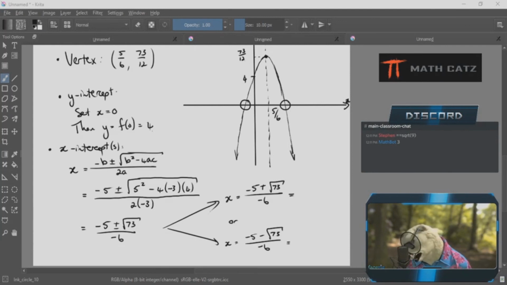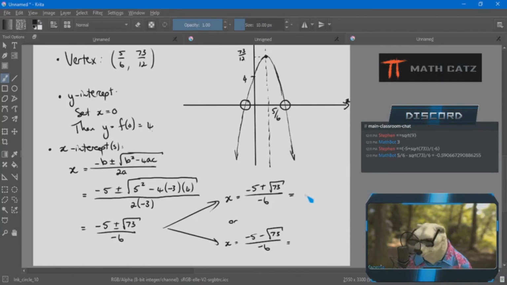It's going to be brackets now, right? Negative 5 plus square root of 73, bracket, divided by bracket, negative 6, bracket. Let's see what MathBot does there. For the top one, it gives negative 0.590667 blah blah blah, which we can round to